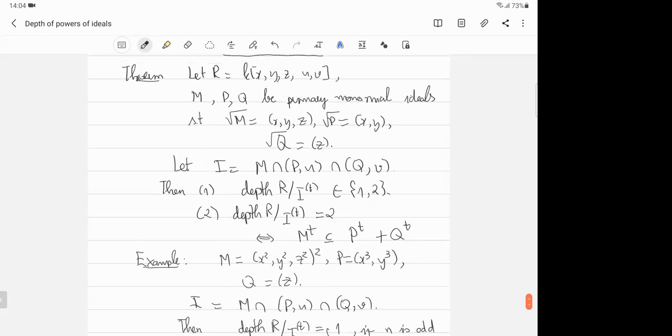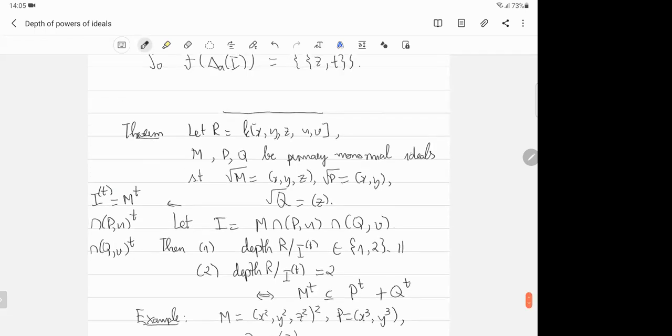Finally, just a comment about this theorem. To prove this theorem, part one is very easy. You know the primary decomposition of I, so you know the primary decomposition of the symbolic power of I. And from this decomposition, you also know that the symbolic power has dimension 2. So the depth cannot be bigger than 2, and the depth is positive because M is not in the associated primes. So this first one is easy, and for the second one you use the above criterion